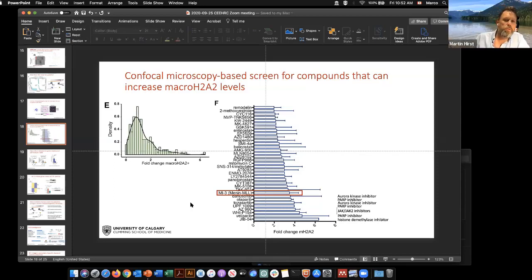Excellent, thank you. So Carolyn Brown asks, have you looked at macro H2A1, and what is the difference between macro H2A1 and macro H2A2? Annie and I were talking about this, whether to include some slides on that. But we saw no effects of macro H2A1 on survival and transcriptionally speaking. So the effects really seem to be residing in macro H2A2,